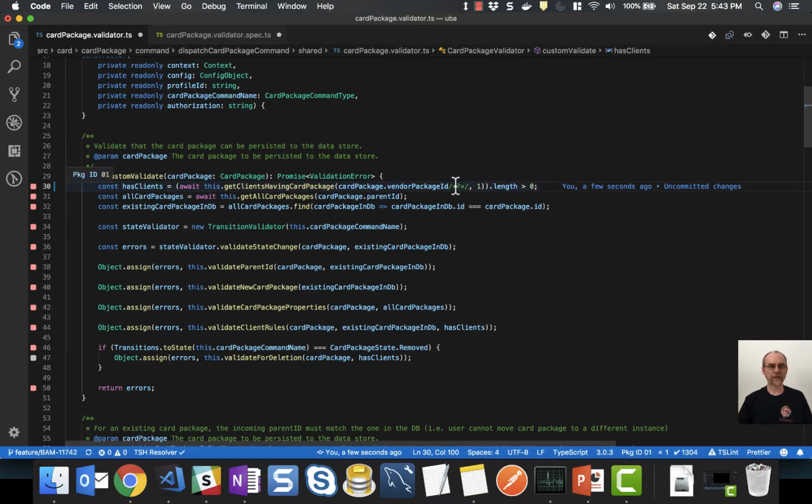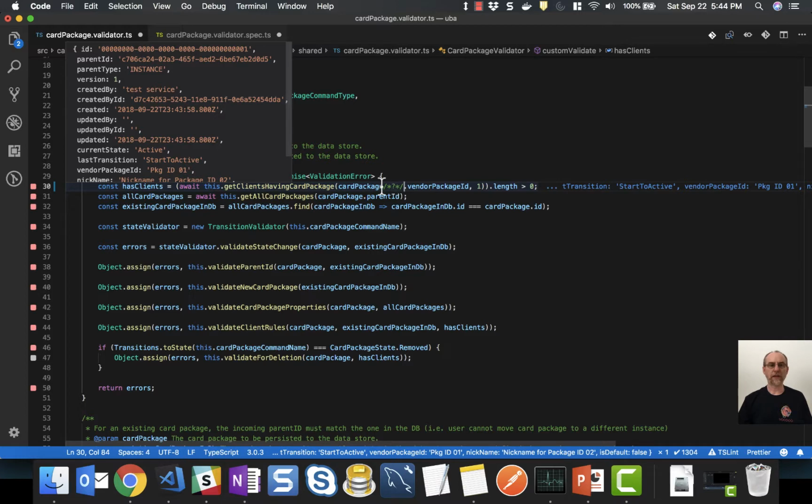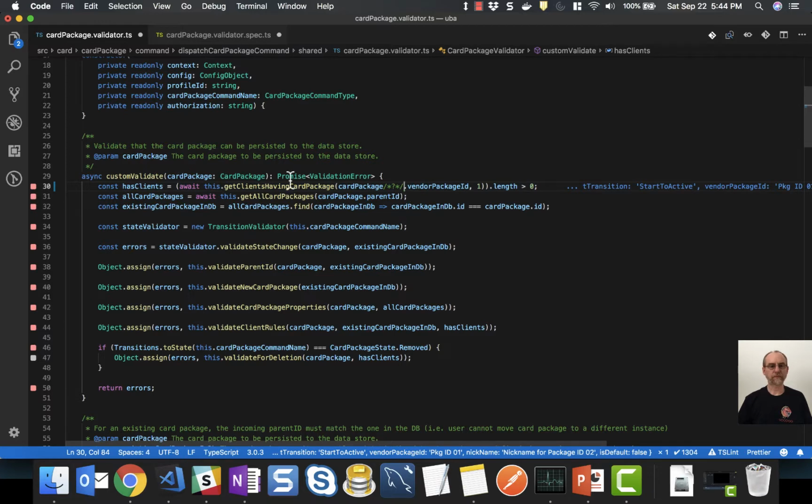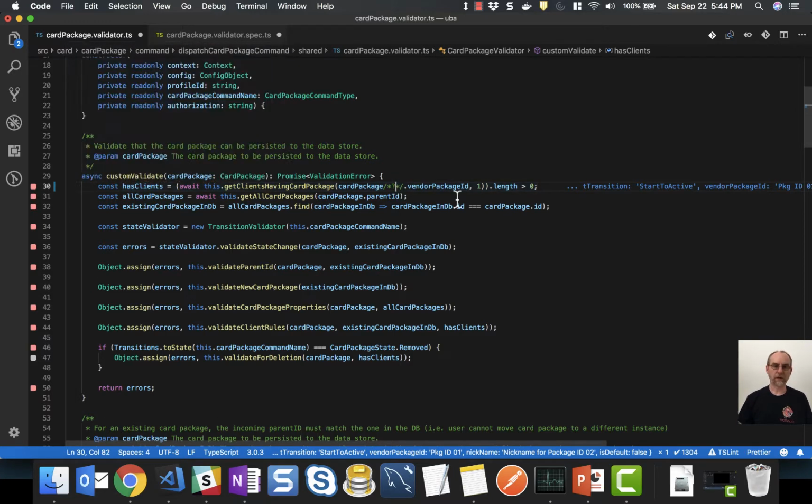There, I see it on the left side there, package ID 01. And if I put it on card package and wait a few seconds, we should see the object itself. There's the card package object. Now that live comment supports expressions as well. So we could,